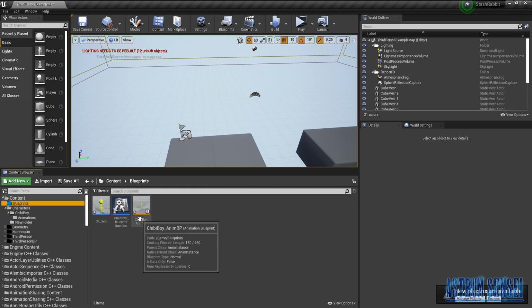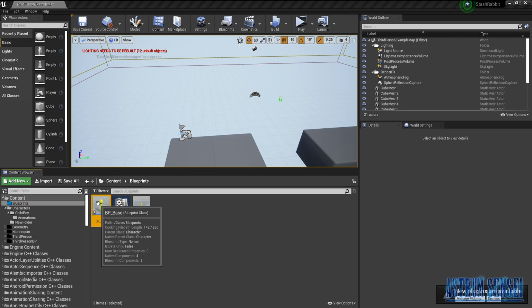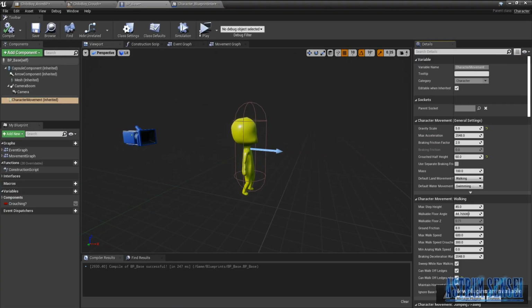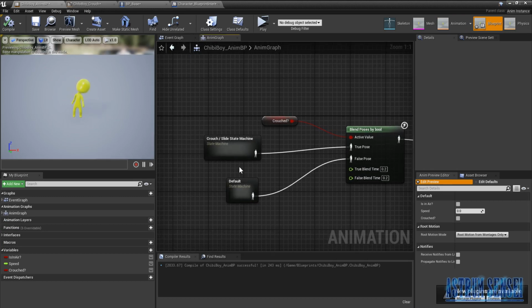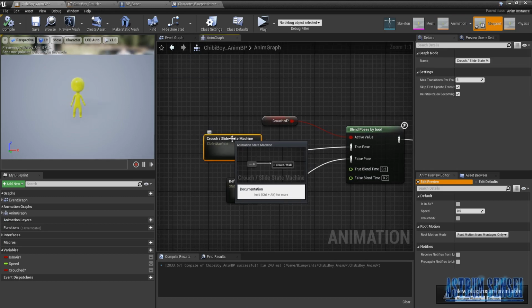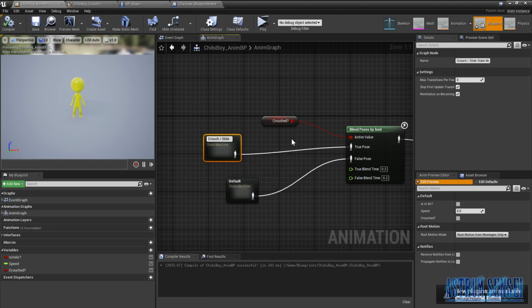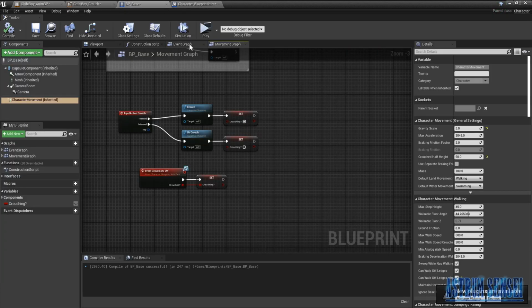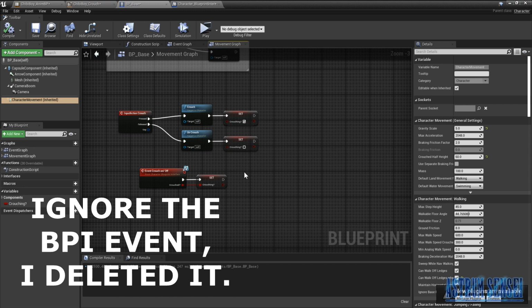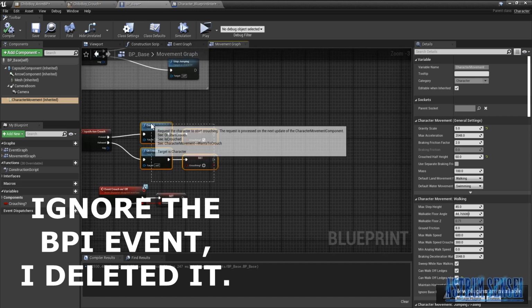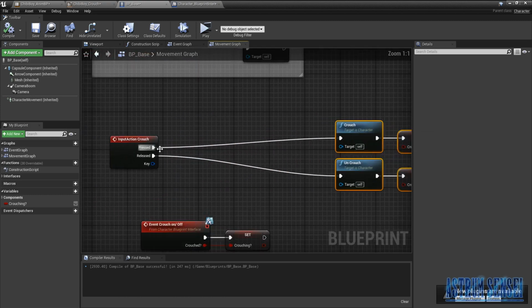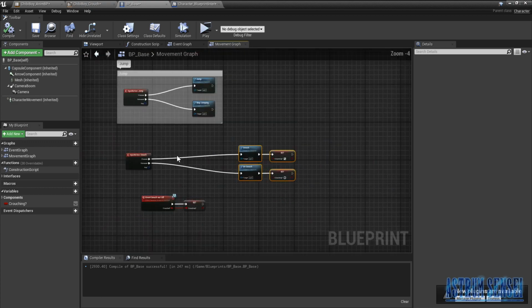Now there are two ways I'm going to try to do this. Whatever works is going to be fine, I guess. First, we are going to try it in the BP base, and then we are going to try a different method, which is doing it in the, what was that one called? Yeah, in the state machine. So we really didn't need to type in state machine here, so I'm just going to delete it like this. Yeah. So over here, it's going to work the same way as our dodging from the RPG series, but it's a little bit different. So before we crouch actually, we are going to check the movement speed, or if the character is